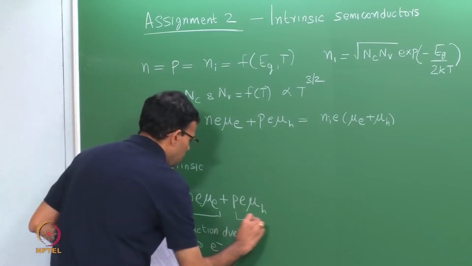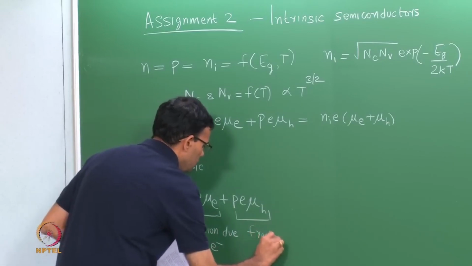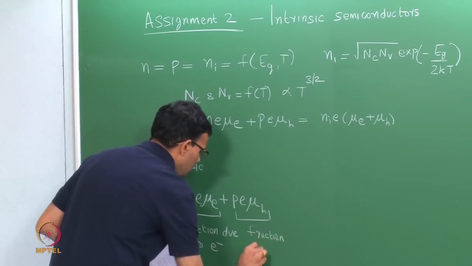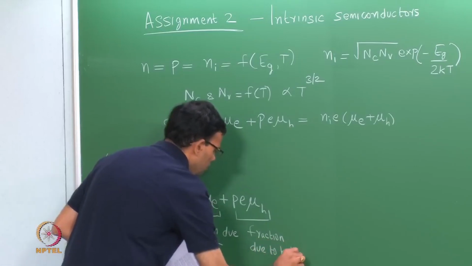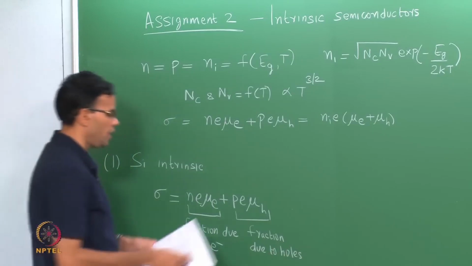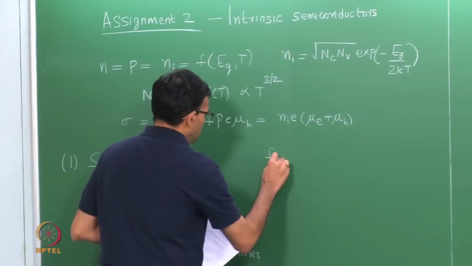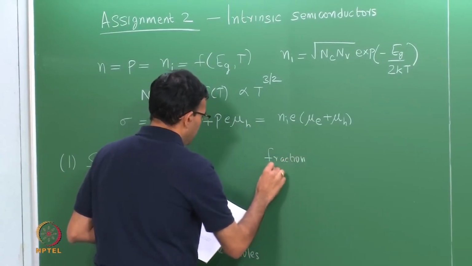This is the fraction due to holes. So, we can include the numbers for mu E and mu H. So, the fraction carried by the holes